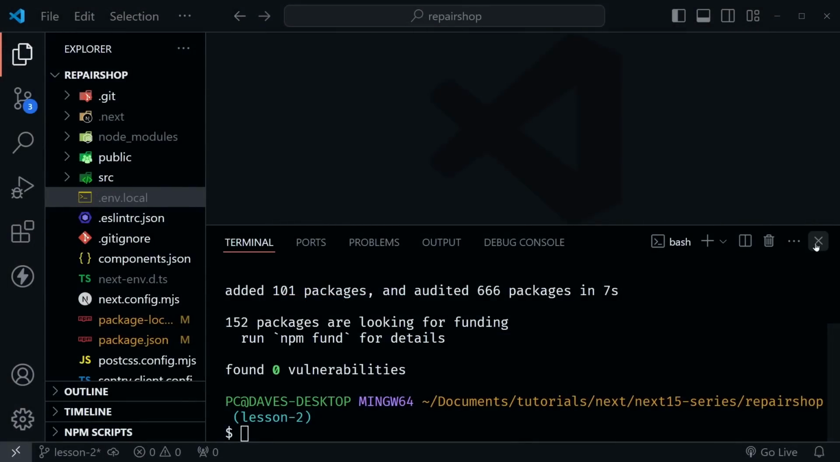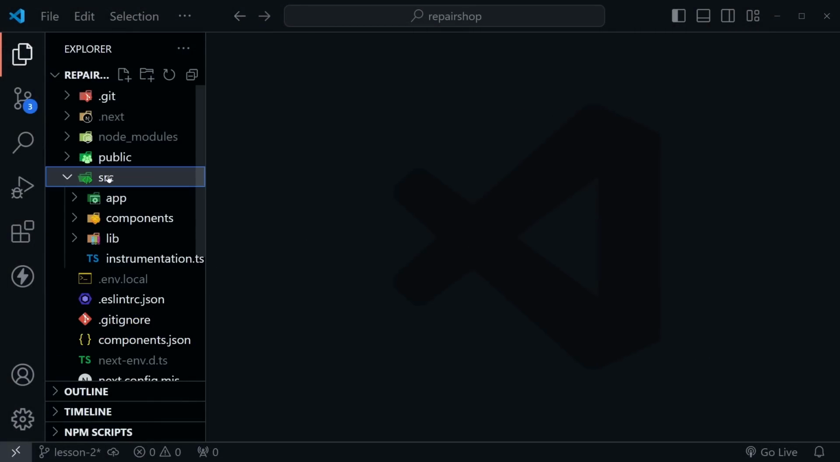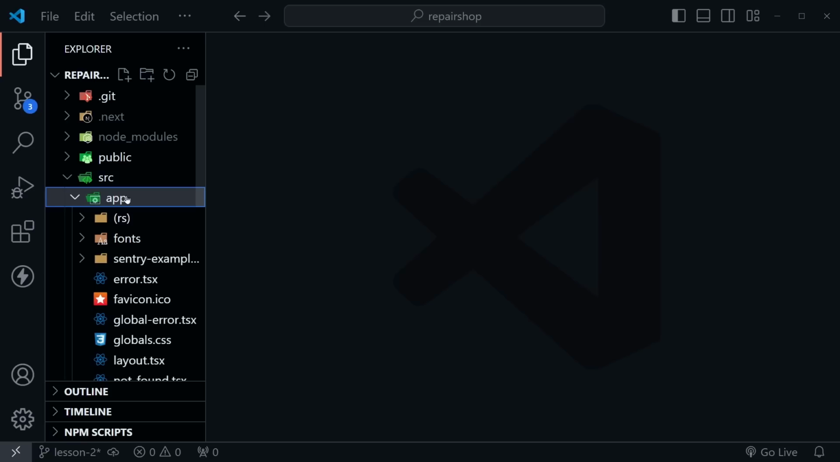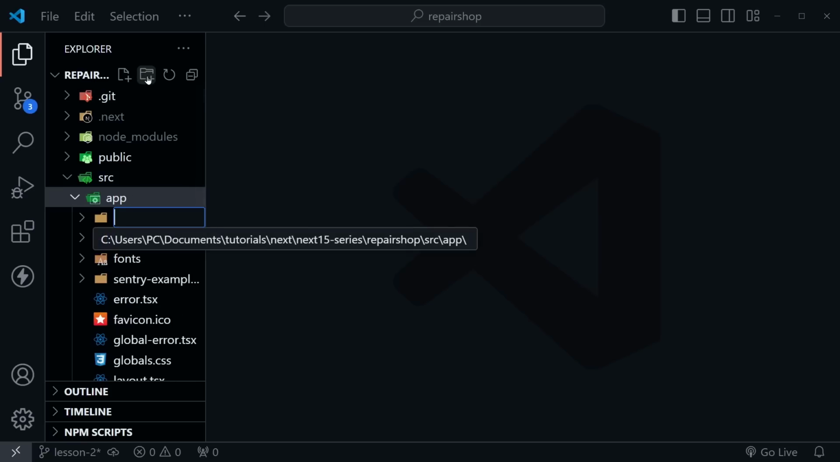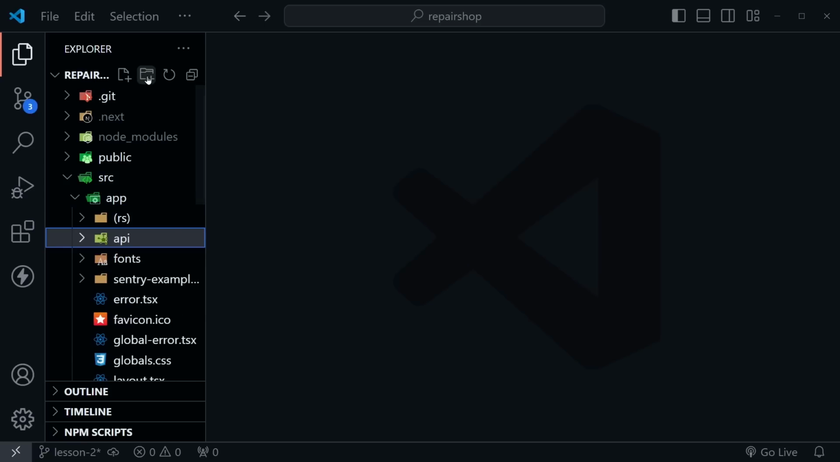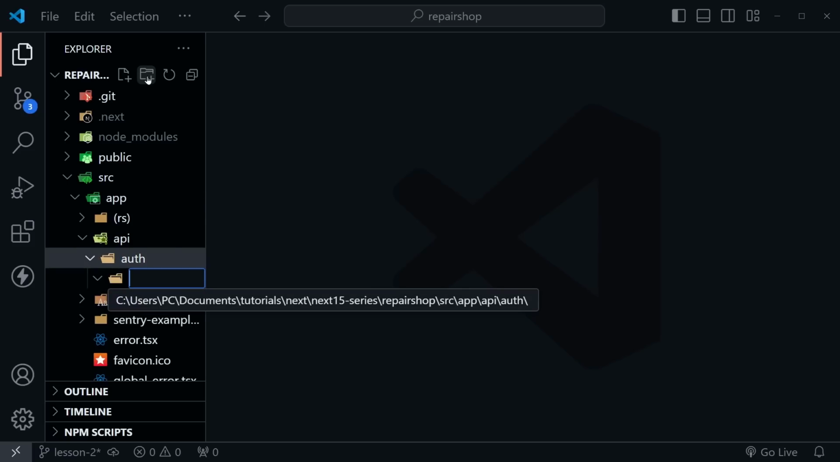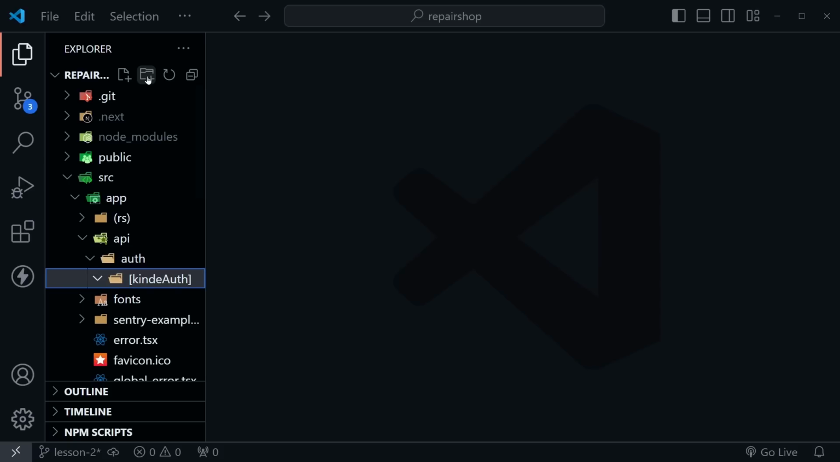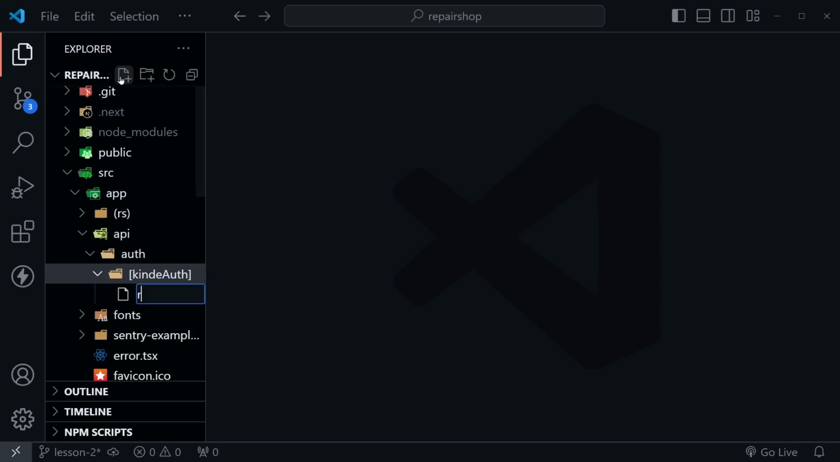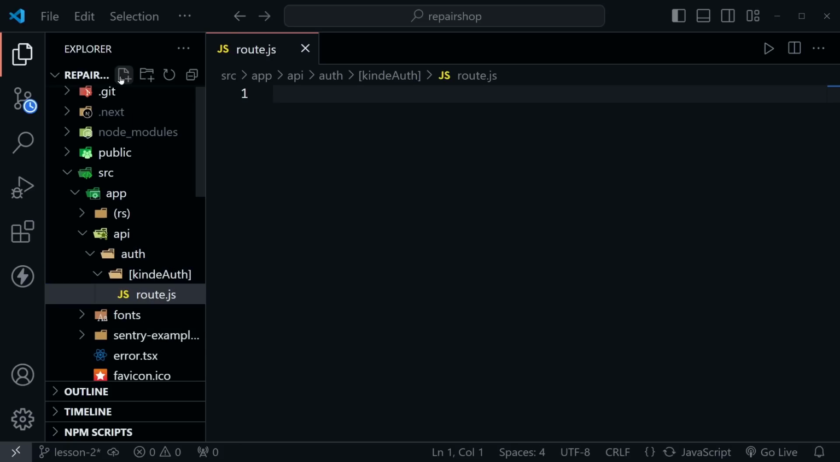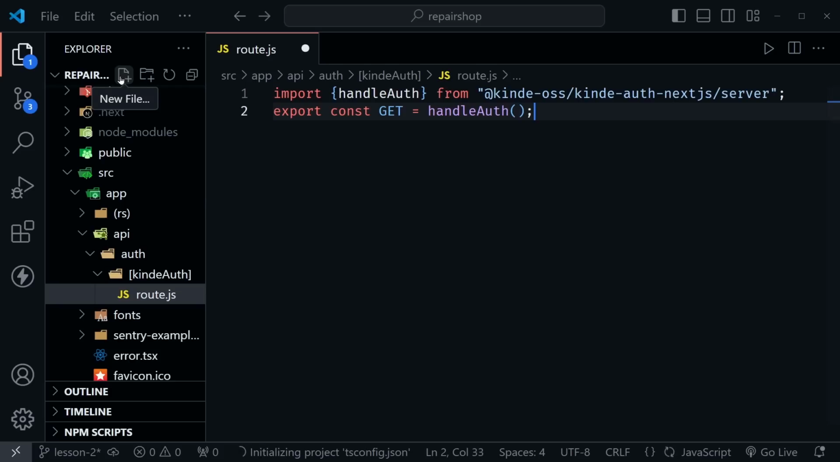We're back in VS Code. I'm going to close the terminal window for now. We'll open up the source directory, then the app directory. Now inside the app directory, we need a new directory named API. Then inside that directory, we need a new one named auth. And inside the auth directory, we need that dynamic directory. So we start with a square bracket, we type kinde, lowercase, and then Auth with a capital A, and another bracket. And now inside of this is where we create the route.js file, and we can paste those ingredients there